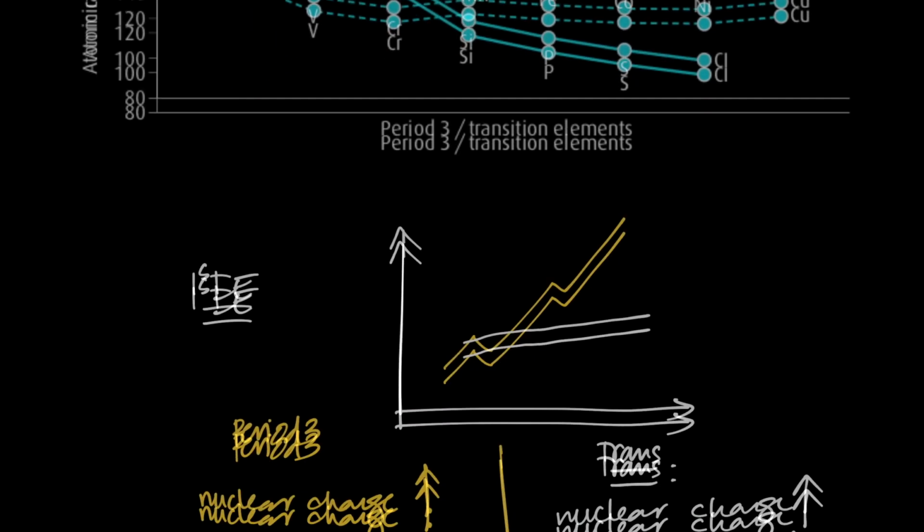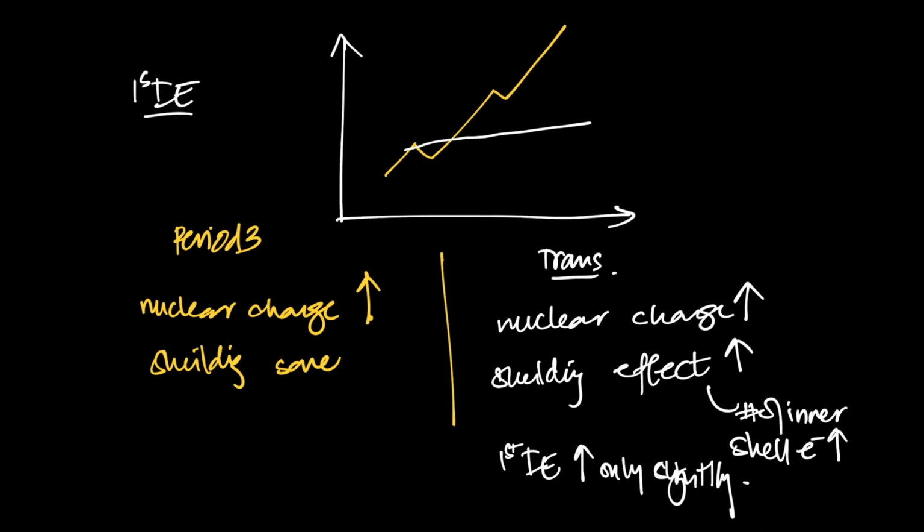So let me actually repeat this, and then I'll show you the graph also, just to match it. Somebody said they didn't get this, so I'm going to say it again. The same factors that affect atomic radius also affect first ionization energy. In a normal period 3, period 2, period 4, across a period, nuclear charge is going to increase and the shielding remains the same, which means the ionization energy increases like this yellow line graph. But in transition elements, the nuclear charge increases across a period, and the shielding effect also increases. And the reason why that increases is because the additional electrons are not being added to the outer shell,